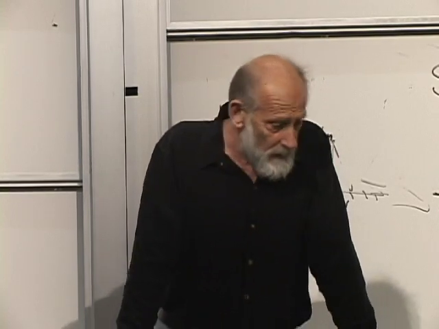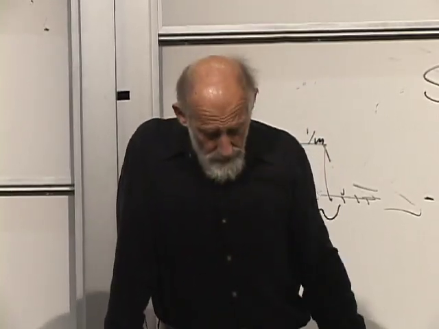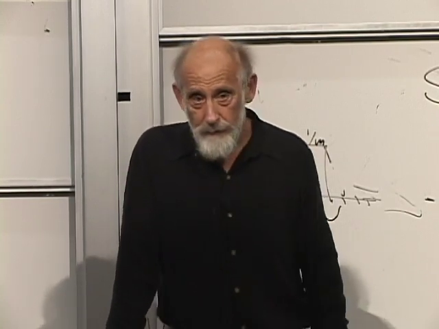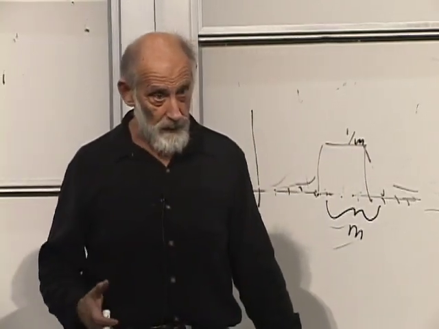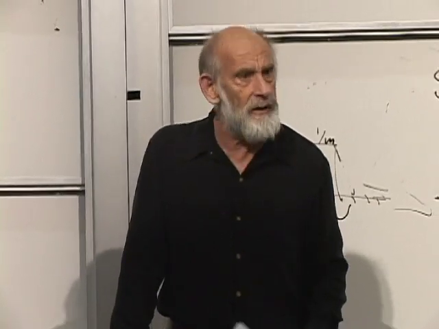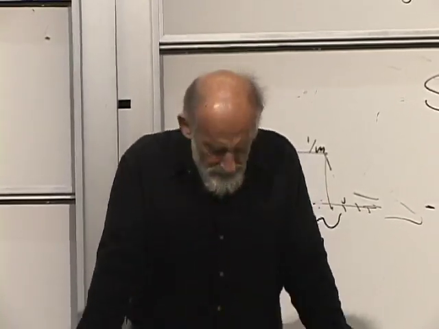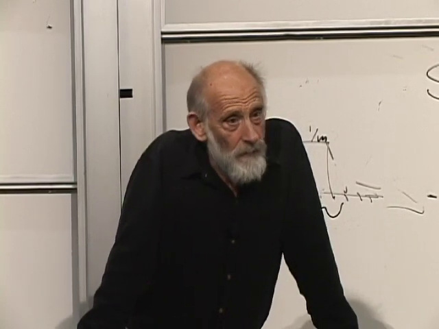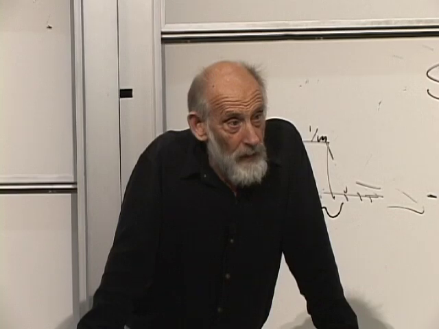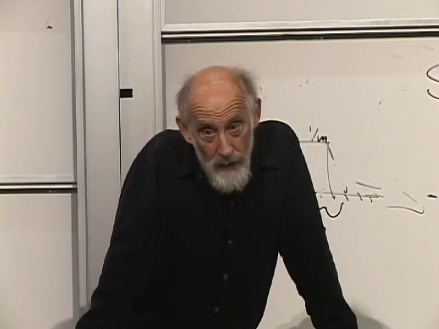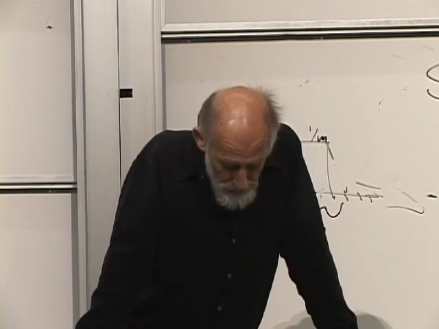Boltzmann did not know his own constant. Boltzmann was so depressed by the fact that he didn't know his own constant that he committed suicide, and I think the next year Einstein figured out what Boltzmann's constant was from the Brownian motion. Yeah, I don't think that's the reason Boltzmann committed suicide. I don't know why he did. Newton also didn't know his own constant. It took many years for Newton's constant to be measured. It took a few years for Boltzmann's constant to be measured.